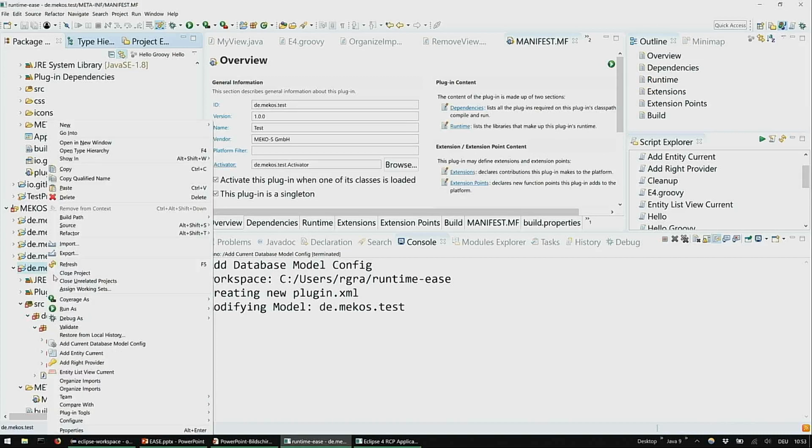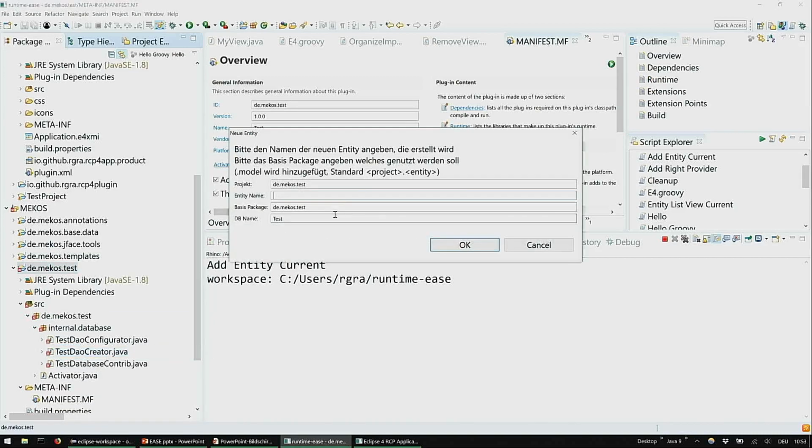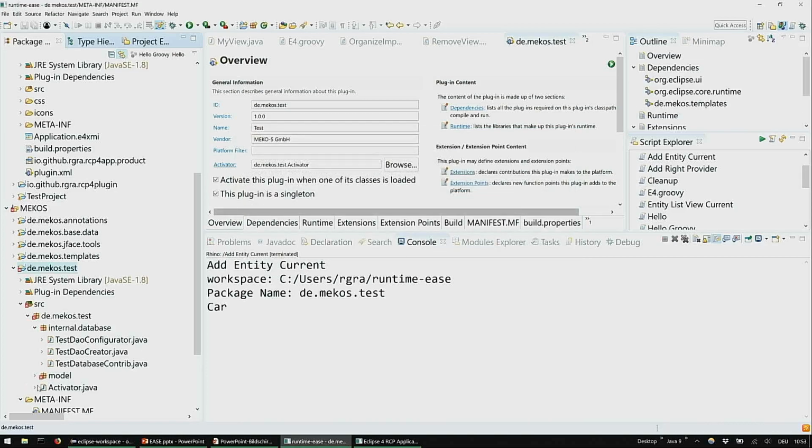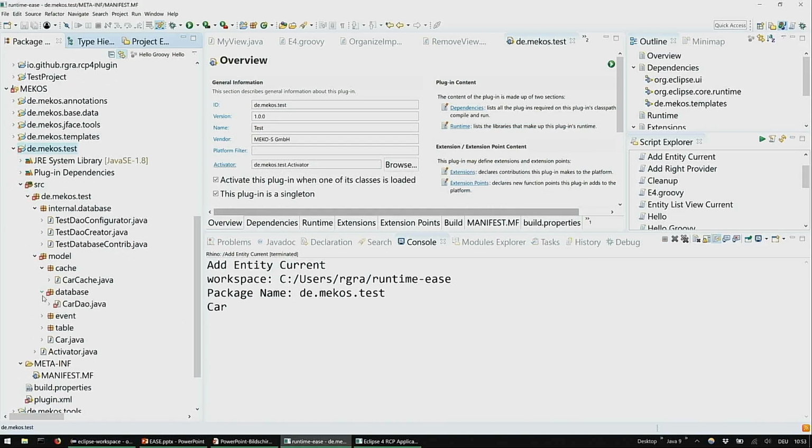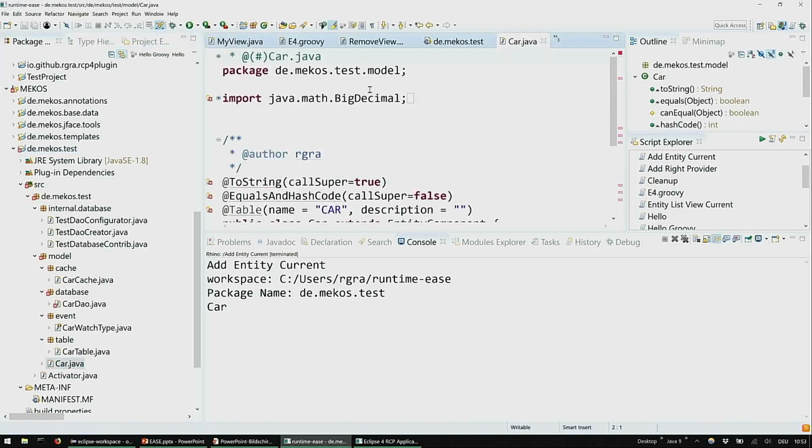Then we can create an entity, add an entity, I call it car, which will generate our model entity class over here. It will also generate some caching code. It will generate the data access object, some event code, so we can actually, if something changes, we can notify the users that something changes. And in our entity,